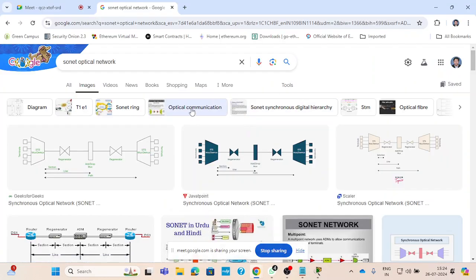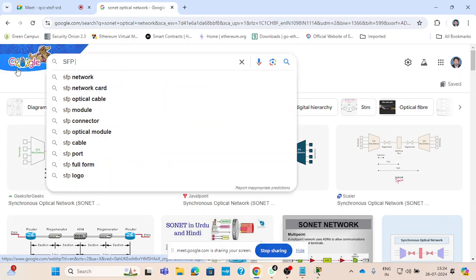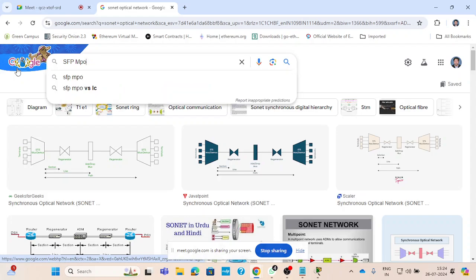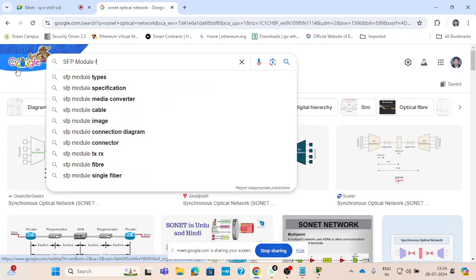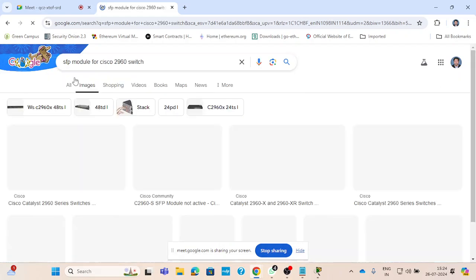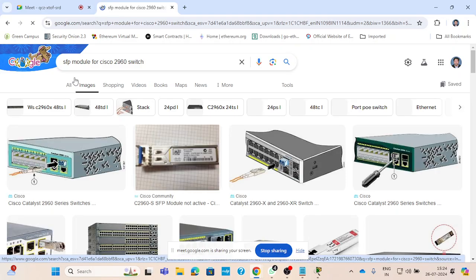Depending on the speed, the price changes. For an SFP module you have to specify the device, such as a module for the 2900 or 60 switch. This module you have to connect. You can see that module is there. This is exactly the same switch I have shown you. So this is the module. What you have to do is take that connector and keep